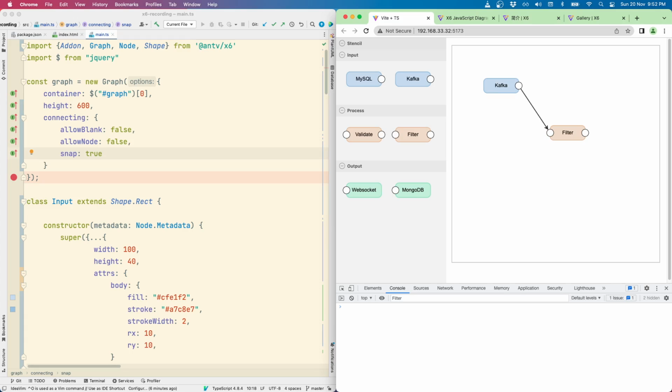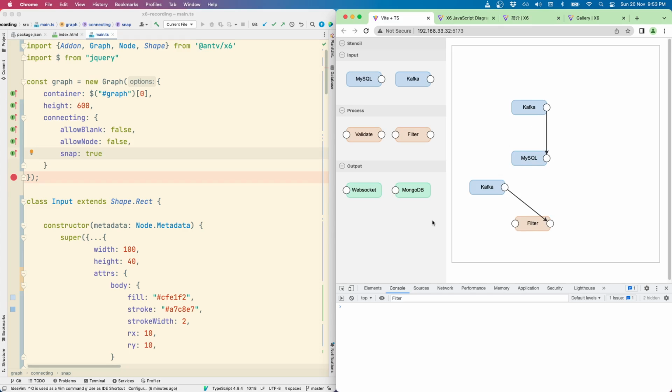We have one more problem, and that problem is that we can have connections that don't make sense. So for example, we can have two output ports that connect to each other, right? Or we can have an output port connect to the output port of another node type. So these types of connections should be invalid. They shouldn't be allowed by the system because they don't make sense. An output port should always connect to another input port.